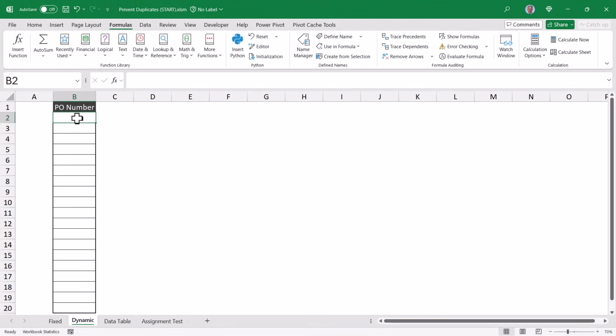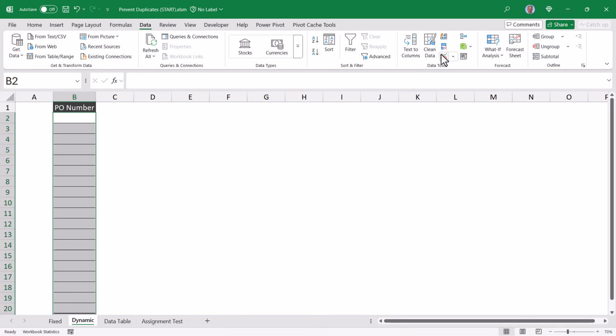Now, as before, you can select either the exact cells that this behavior should be assigned, or select the range of cells that you expect this list to grow to. For example, B2 through B1000. You're advised just not to select the entire column, as that will have to validate over 1 million cells every time. So if I were to select the range, say B2 through B2000, now I'll go up to the Data